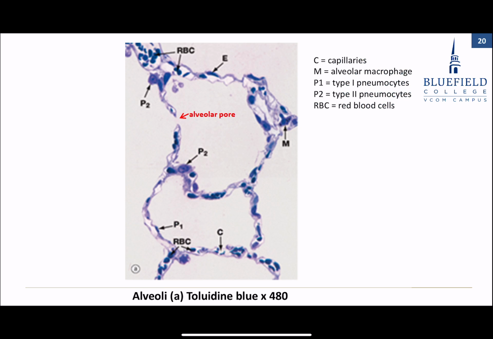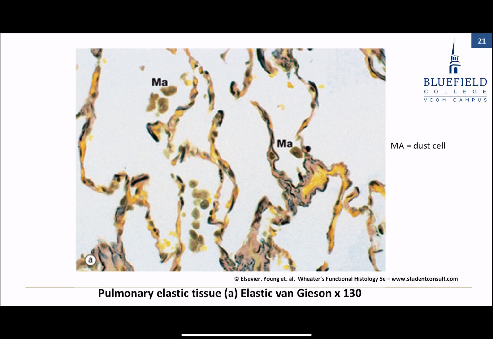All right, the last thing to talk about here is the capillaries within the walls, and that's really providing the thickness of the walls. There's also tiny amounts of connective tissue we really can't see, but if we stain it with just an elastic stain, which is what we've done right here, Van Gieson's elastic stain, you can see individual pockets there are alveoli,